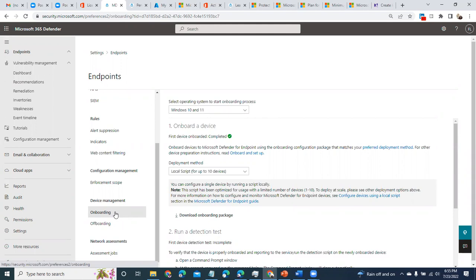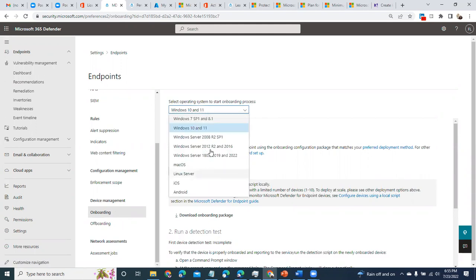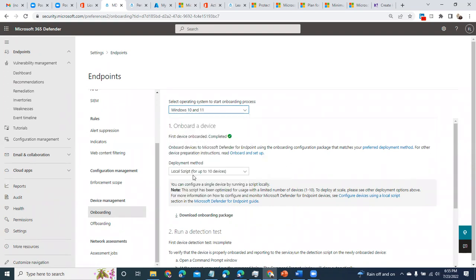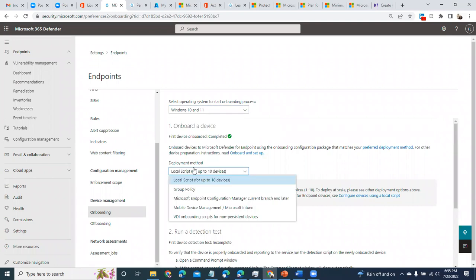If you are a single user, like when I wanted to onboard a single user, all I did was come here, select the operating system that you want to onboard, and then select the deployment method. It's either you use a group policy to push out the onboarding script, or you use the Microsoft Endpoint Configuration Manager, which is your SCCM, or you use Intune, or you use a script for virtual desktop.